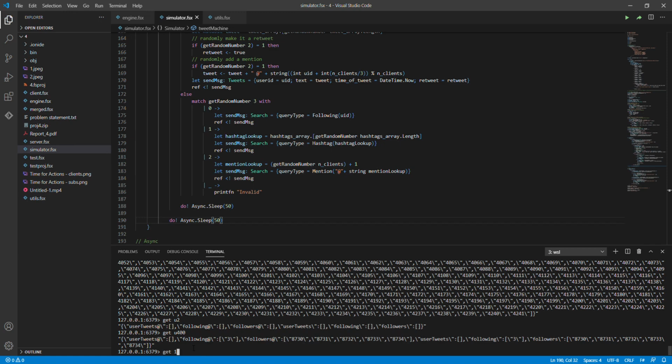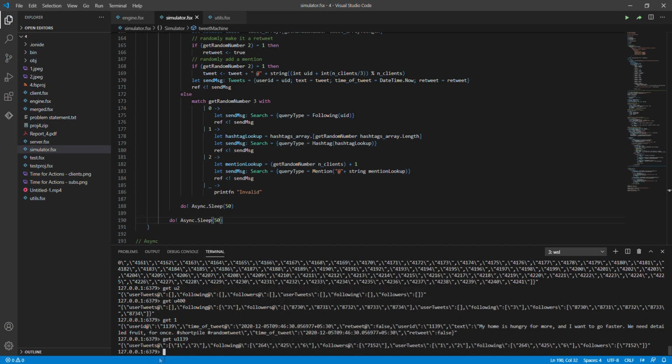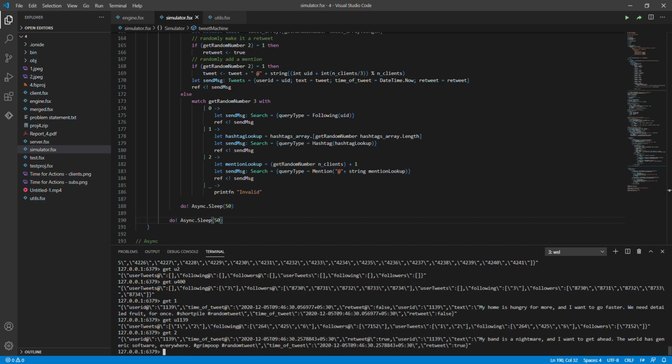And now let's just get the first tweet. Okay, so first tweet has been made by user 1139. So if we go into user 1139, we should be able to see that tweet number 1 has been made by that user. Okay, so first 2 tweets have been made by that user. So if we get tweet 2, we can say user 1139.